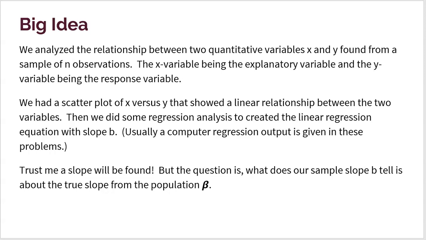But the question is, what does our sample slope b tell us about the true slope from the population, beta? The idea is that we're looking for this true slope of the entire population, not necessarily just our sample. And that slope is beta. And we don't really know what that is, but maybe we have a claim. Maybe we think we know what it is, and we want to test to see if our sample slope